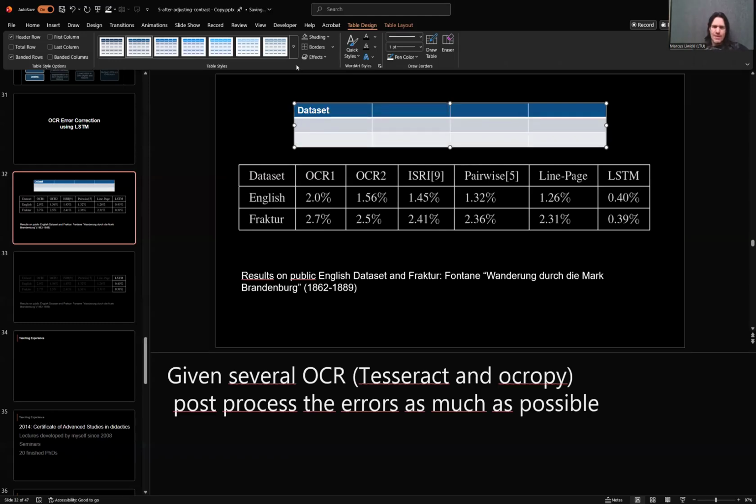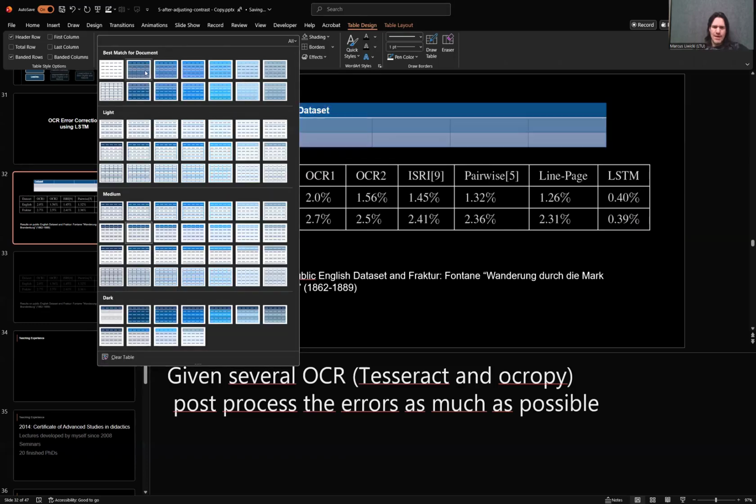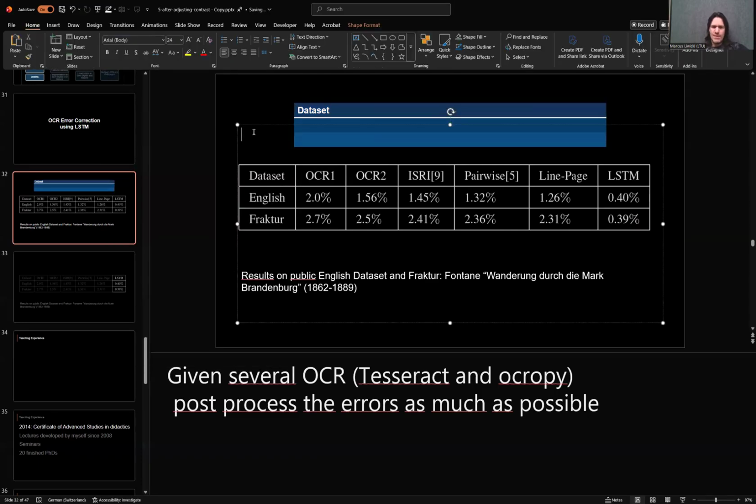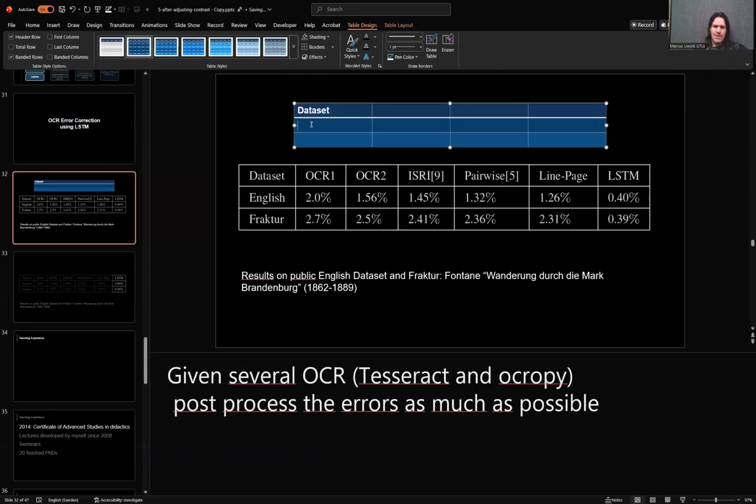This color scheme of a table is not nice. I prefer the really dark one, as you know already from others. Here we go. Data set. And then we have English and Fraktur. If we do that, and then,